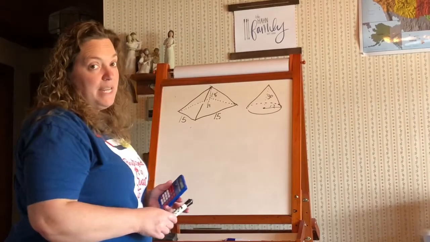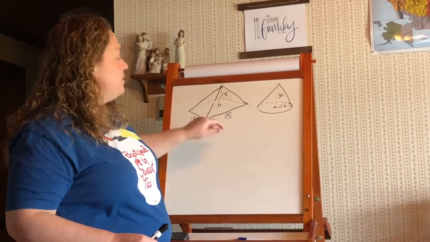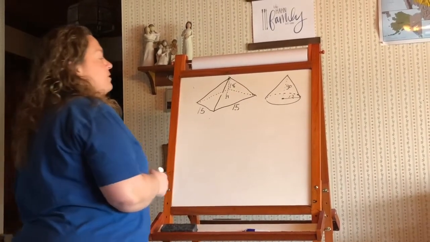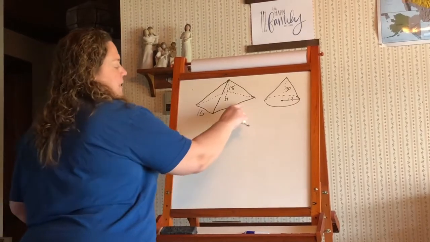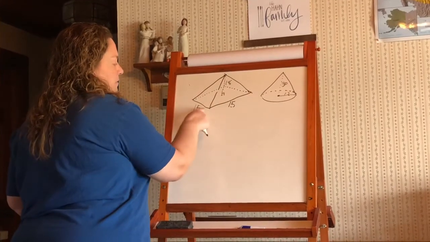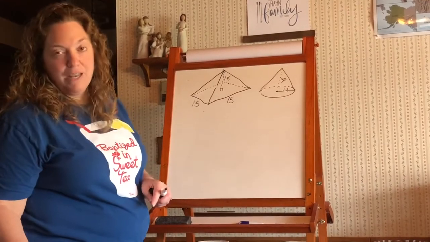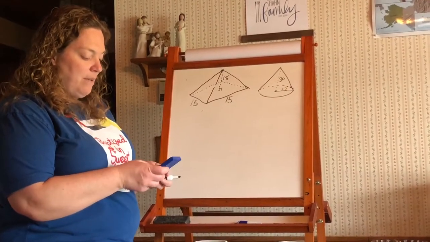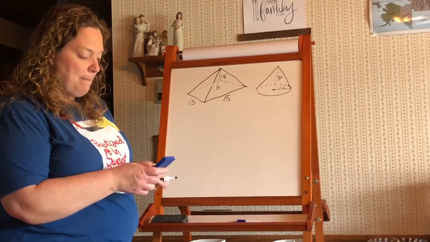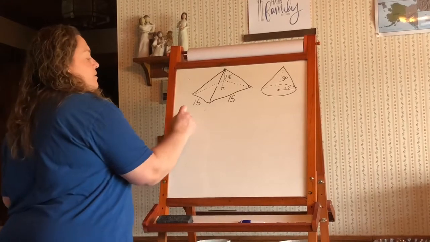Last thing we're going to do is surface area. Surface area, let's do a surface area of this rectangular pyramid. Remember, surface area means the outside. So first, we have to find the area of the base. This base is a square, 15 times 15. Oh, there it is. I covered it. So let's figure out the area of this base. 15 times 15. 225. So the base